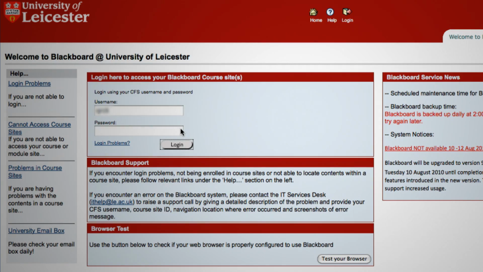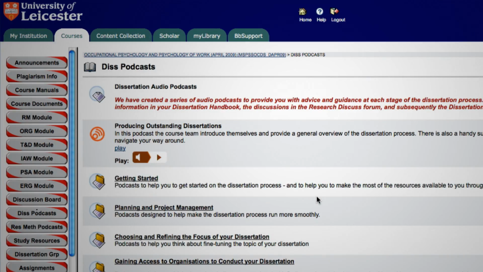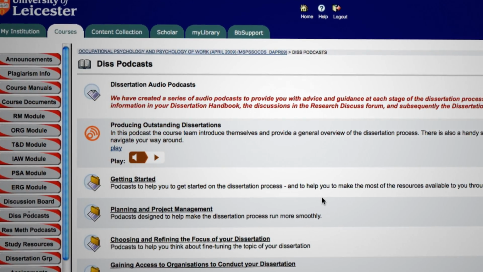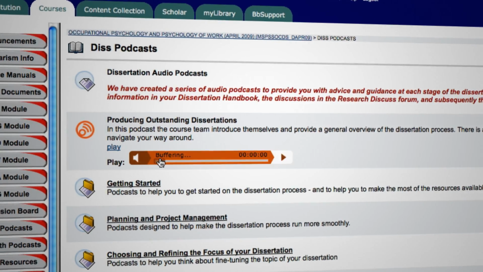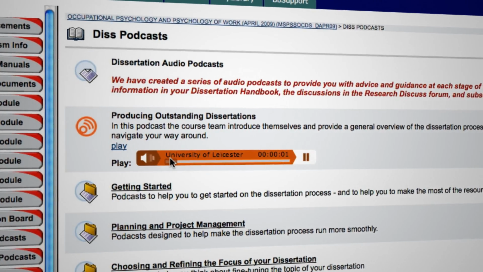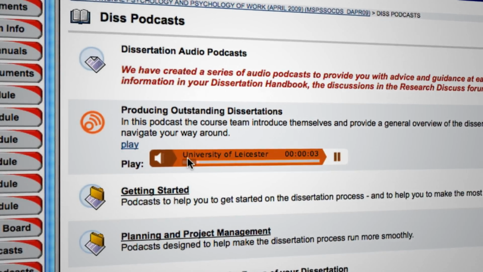Particularly for our students who are relatively time poor, having an intervention that helps them to work in a much more efficient way seems to be quite a key benefit for them. The podcasts are embedded within Blackboard, so students have an option to download it if they wish. And the way these buttons are set up allows the podcast to load as it's being played, so it doesn't stop the page from downloading quickly.